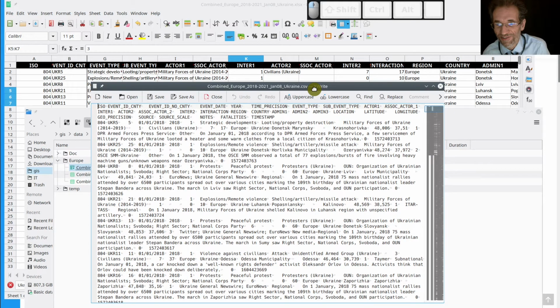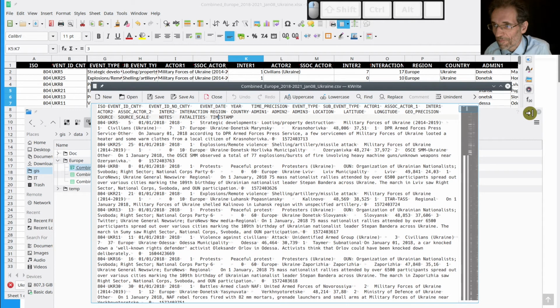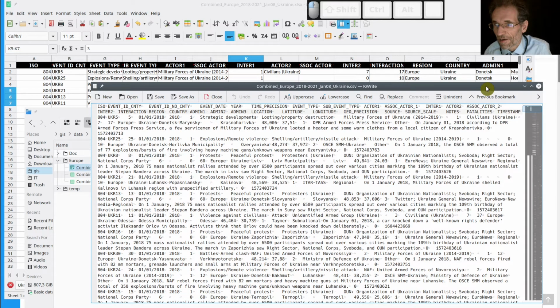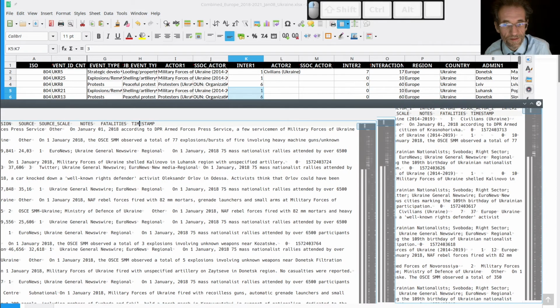And you see here, if I add this, you see that there are tabs after ISO, tab, event country, ID country. Also, if I take the full line, because my screen is not wide enough, you see that on the first row, we have